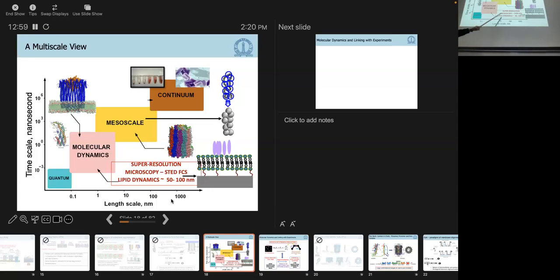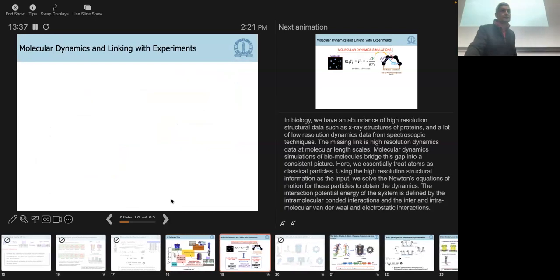Now, this connection is important for us because over the last decade or so, we've had access to super resolution methods, where with a recent STED that my colleague has in physics, we can go down to 30 nanometers. So we can start looking at lipid dynamics using fluorescence correlation spectroscopy down to scales of 30 nanometers. And that's getting close to the MD simulation scales. Of course, the time scales are way off, but in terms of length scales, we can start to sample systems at these scales. So it's a fascinating time. I'm not going to show you so much of a connection with the STED FCS, but I'll show you some of the connection that we have with the single molecule experiments.